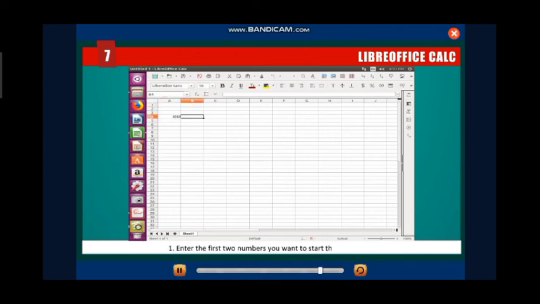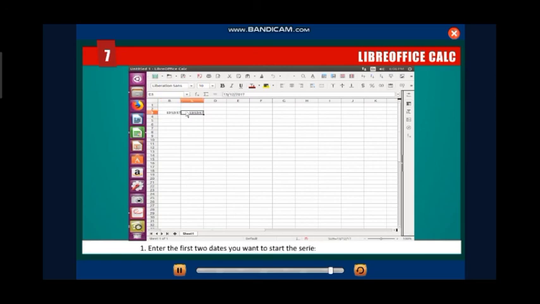To add number series, children, enter the first 2 numbers you want to start the series with. Now select both the cells containing the numbers you have entered. Now position the mouse pointer over the bottom right corner of the last selected cell. The pointer changes to the sign. Drag the mouse pointer over the cells you want to include the series. The cell displays the number series automatically, which will save your time. To deselect it, click anywhere in the cell.